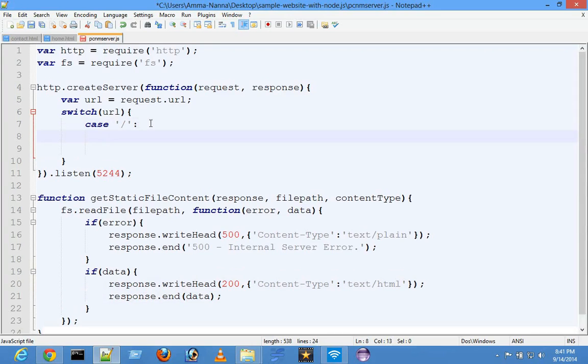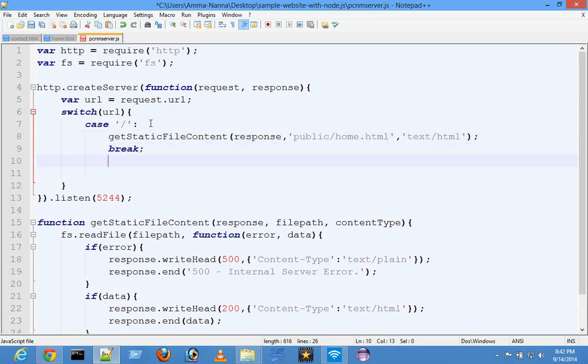Now I will call the getStaticFileContent method from my routing concept. This is the home directory. Slash indicates the home directory. Here I am calling the getStaticFileContent method. Here the home directory indicates the default index.html page needs to be displayed. So I am displaying home.html. For that, all the files are placed in the public directory. So public/home.html, and content type text/html, because all the files are written in HTML, and case